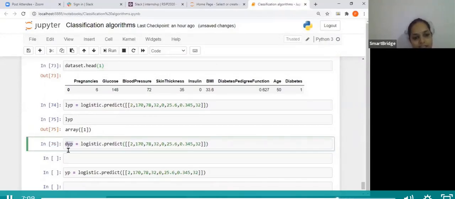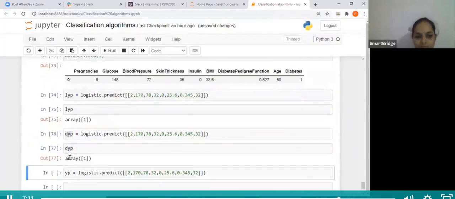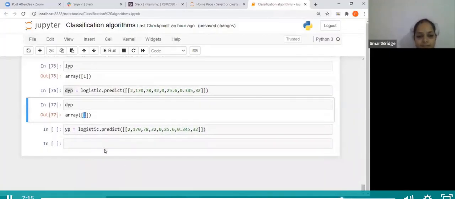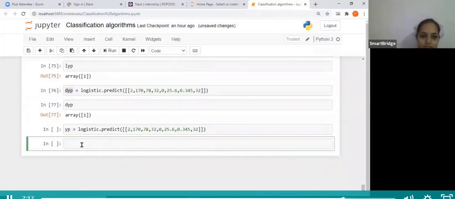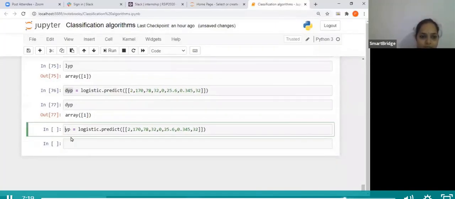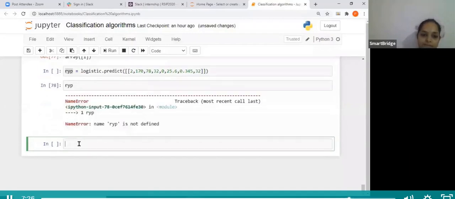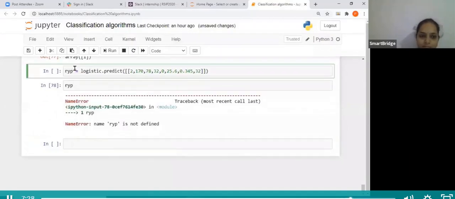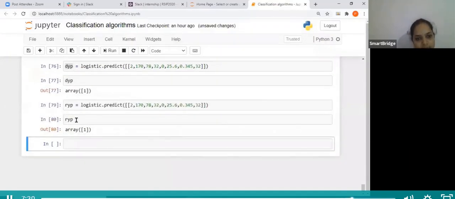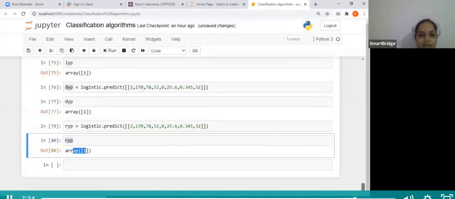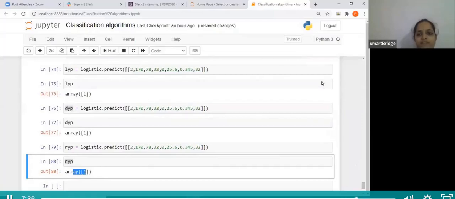So my decision tree also predicted that the person will have diabetes. So my random forest also predicted the person has diabetes. So I hope everyone understood how to pass the values here, right?